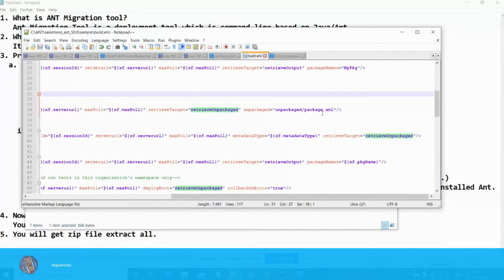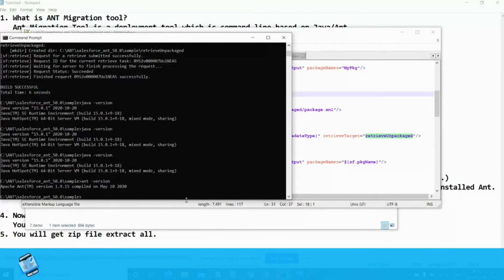Now we haven't changed anything in unpackaged here because I have already specified my path in my command prompt. You can specify where these build.xml or build.properties are. So I have already specified the path here, complete C and Salesforce Ant 50.0 in sample. You can specify like that.